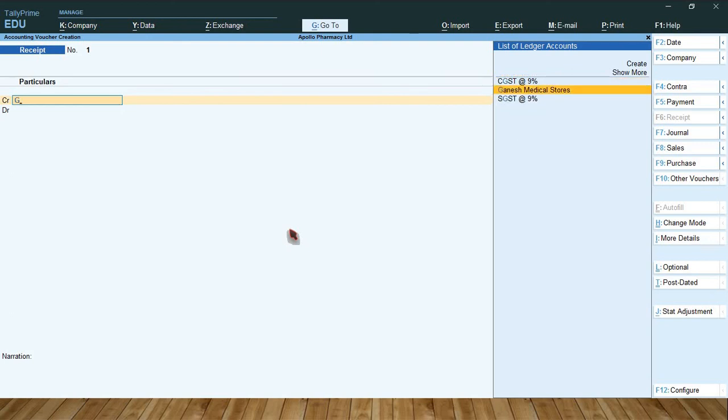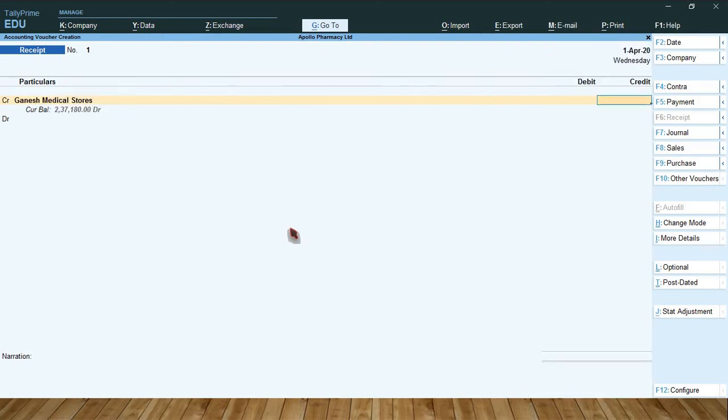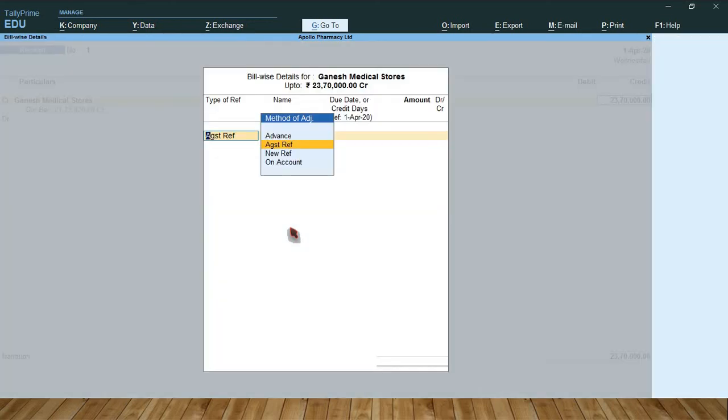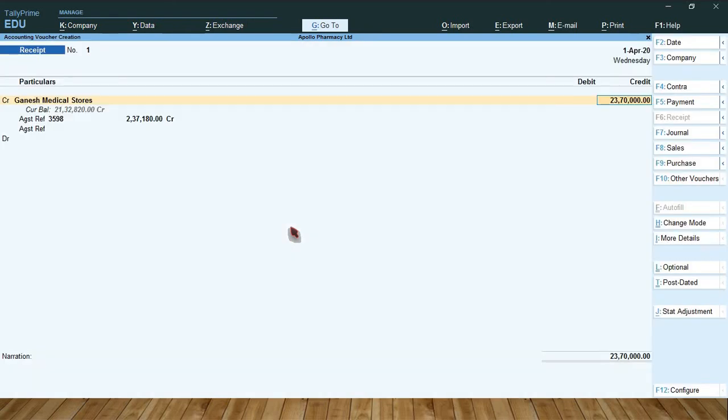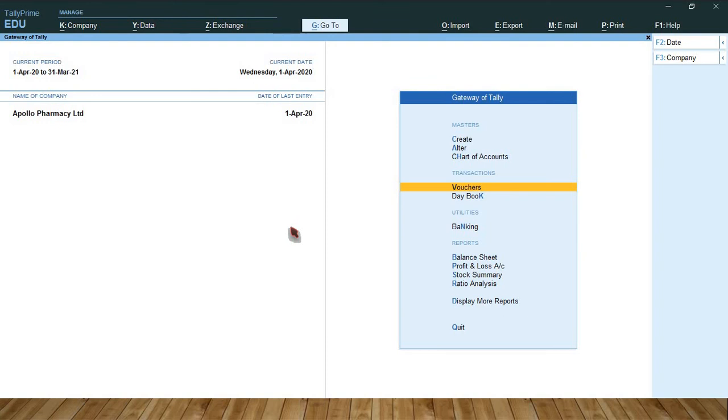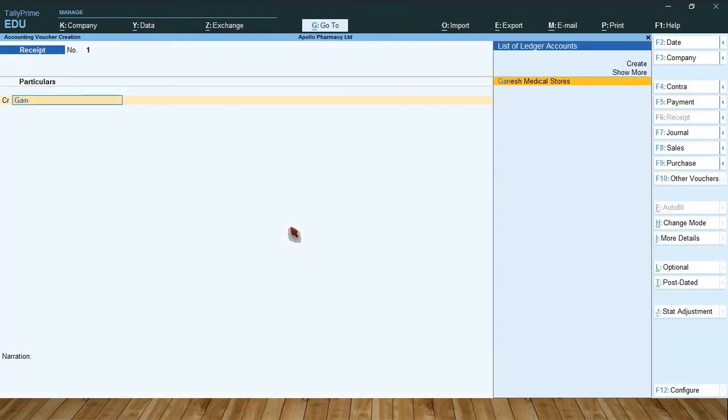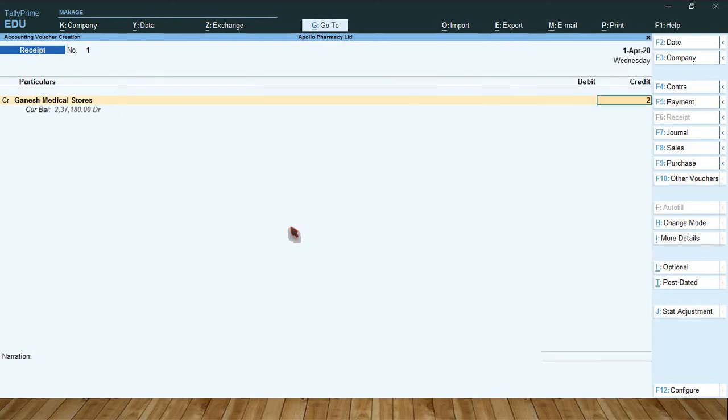So Ganesh Medical Store. So 2,37,000. So against reference. Sorry. So Ganesh Medical 2,37,180.